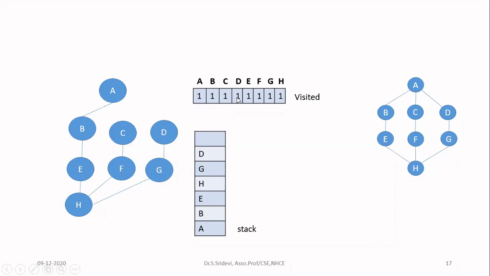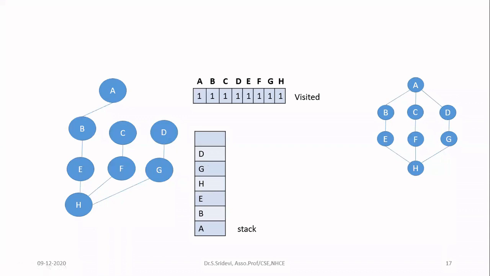So whenever you mark this node as visited, you have to push it onto the stack. Immediately, you have to add it to the output. 3 steps you have to follow. Then try to explore the neighbors of this top of the stack. So on the top of the stack, I have D. And D is connected to two nodes, A and G. And now I am checking this matrix, this array. Both A and G have been visited. So nothing to explore from D.